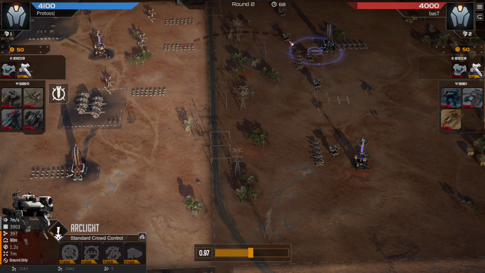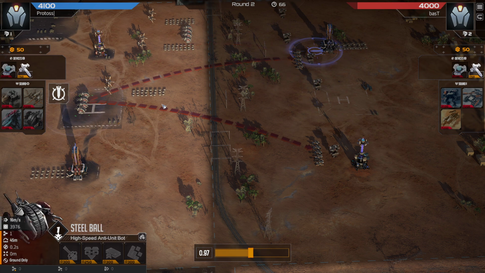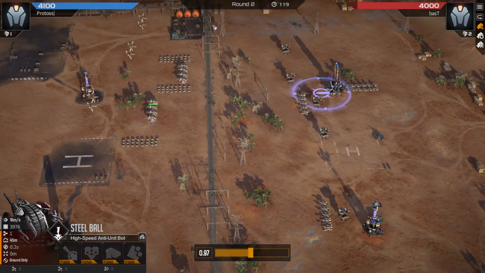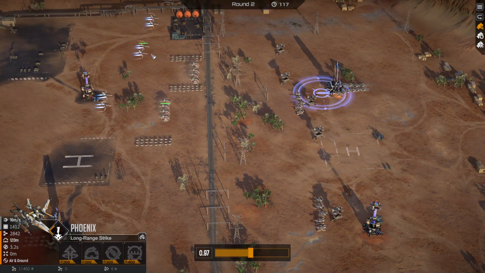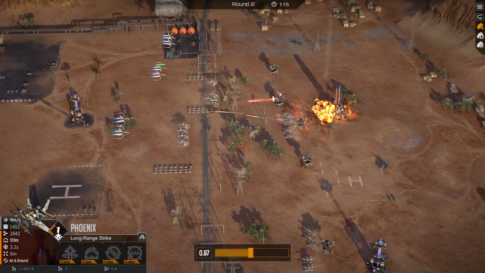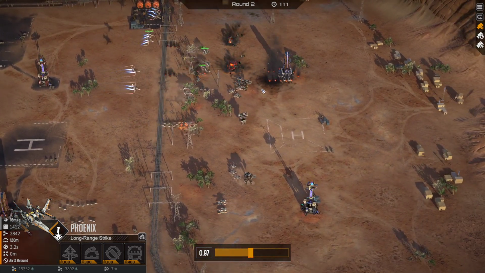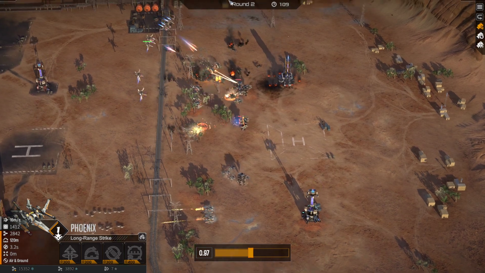I realized I need something against the Arclights and sledgehammers that also potentially can keep the Mustangs away from my Phoenixes, so steel balls it is, as they will also be far enough in front of the Phoenixes that the Mustangs will focus them even with the anti-air upgrade. And I went for the missile, so Mustangs taken out this turn, so I will win with the Phoenixes for